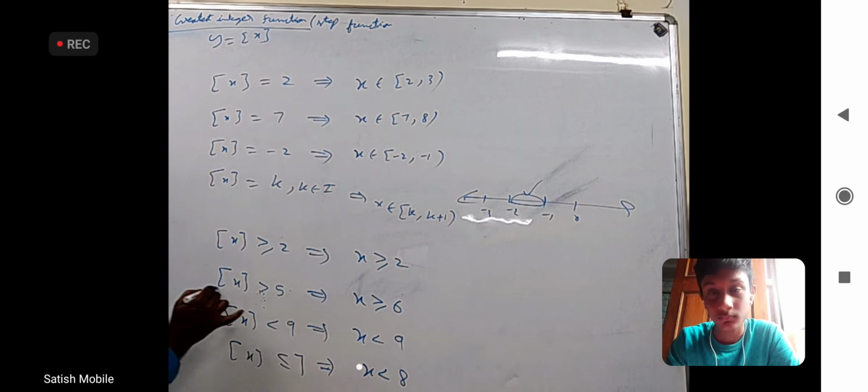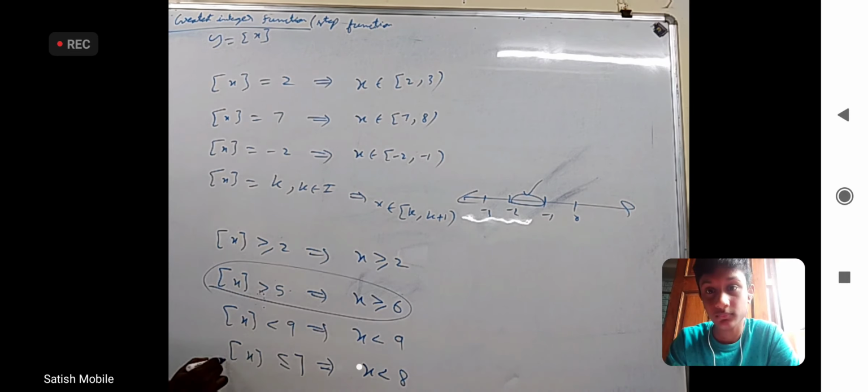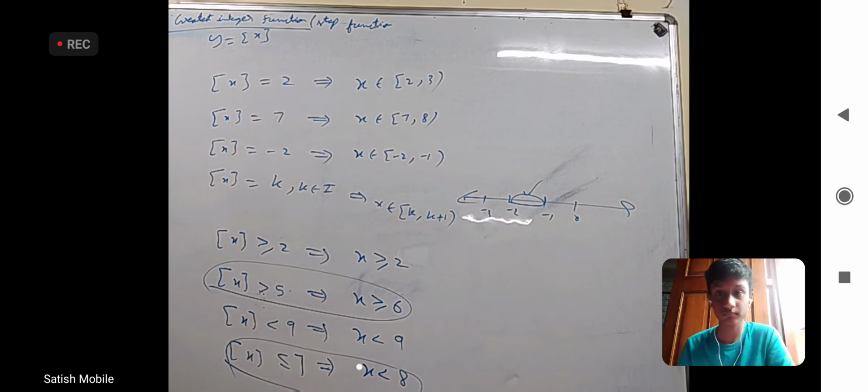Okay, so we have to be a little careful for this one and this one. These two are fine because whatever is here, it is the same kind of thing. So with a little common sense, if you think what is okay and what is not okay, you'll be able to write these things. Because here 7.1, 7.2 up to 7.9 are okay, but 8 and beyond that is not okay. Is it alright, these 4 things, everyone? Okay.